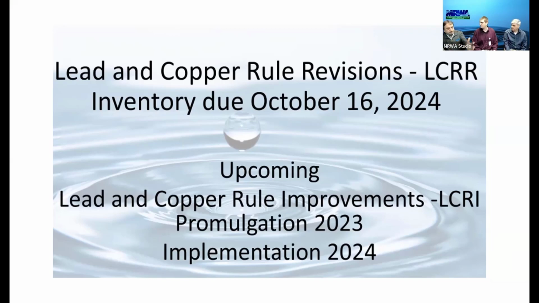So a system that's got 10,000 connections, they come in and they do 5,000 of it. They turn in that 5,000. The other 5,000 is not completed. Well, actually, they have to turn in 10,000, but the other 5,000 in your example would be considered unknown. Yes. And then all the unknowns, you have to do 10% a year, correct? We don't have a percentage. You don't? No. The EPA doesn't have a percentage in the rule either.